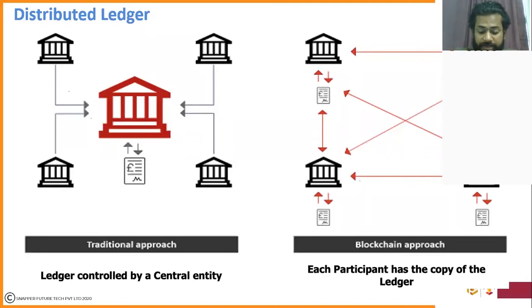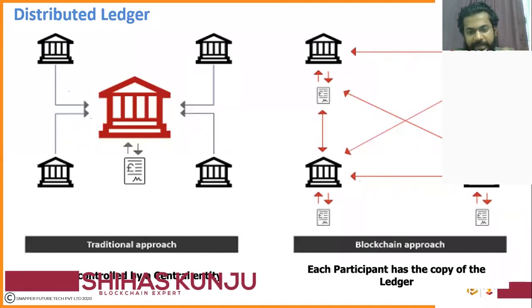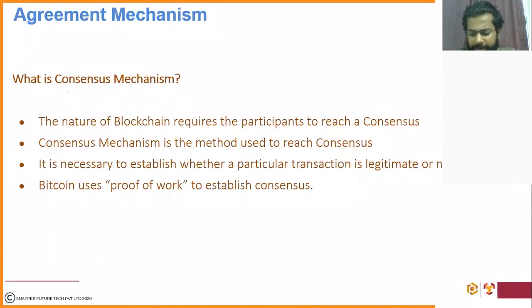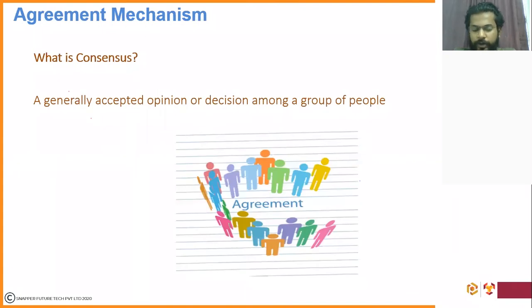Okay. Now the question that arises here is, how do they come to an agreement? Now there has to be a point, right? Like where all the participants have to agree that this is the copy of the ledger. So what happens? Do you guys understand the terminology consensus? Now, what is consensus? Consensus meaning is that everyone has to accept, to come to an agreement that this is okay. Everyone agrees that this is something that we'll go ahead with.